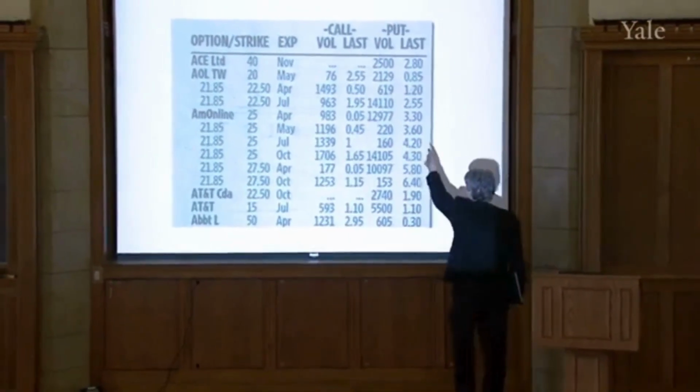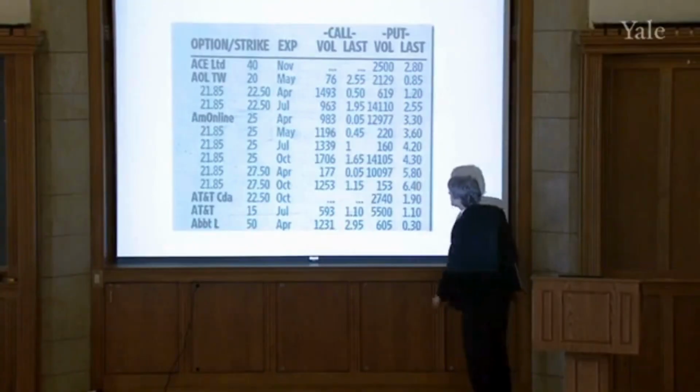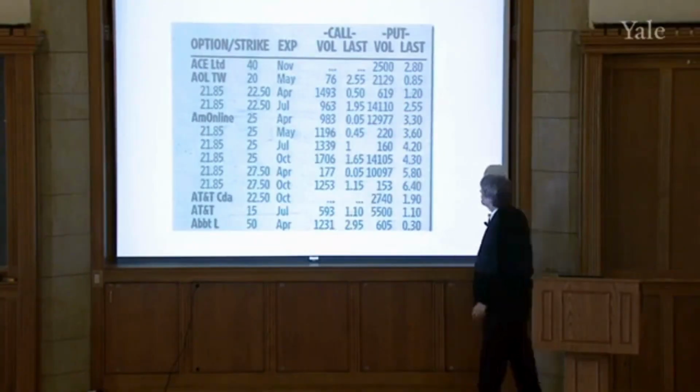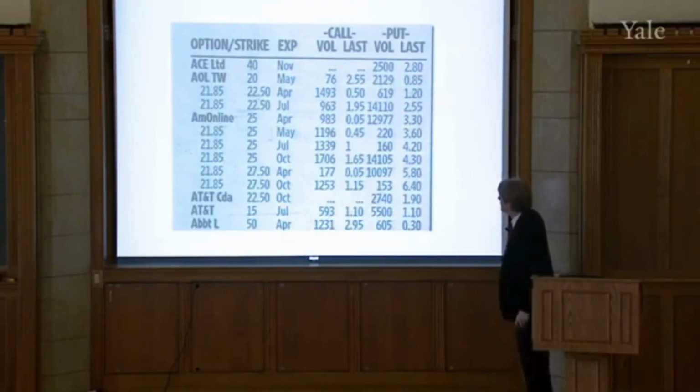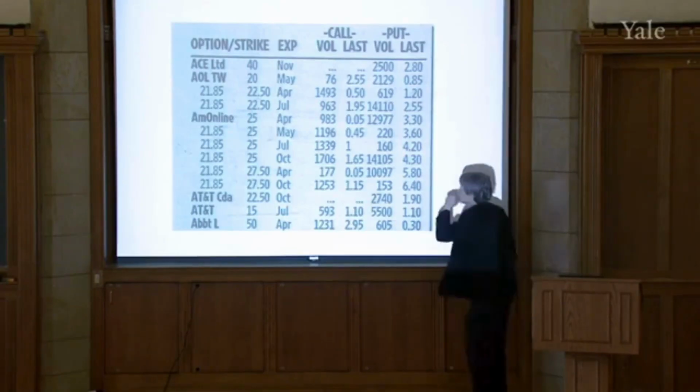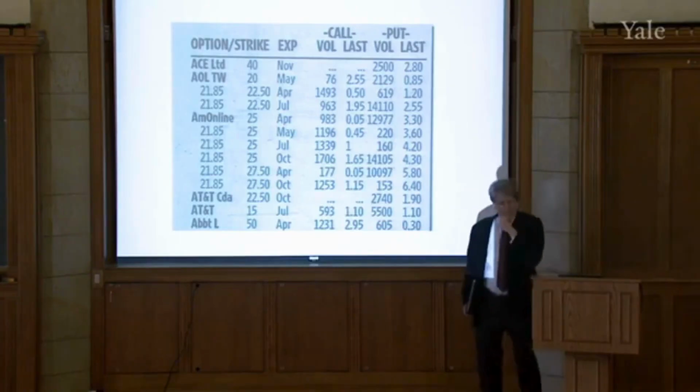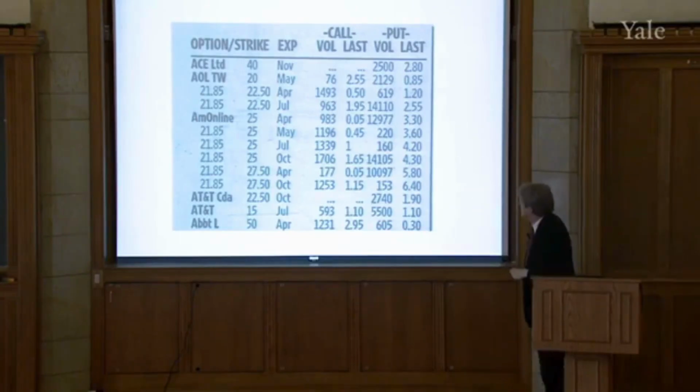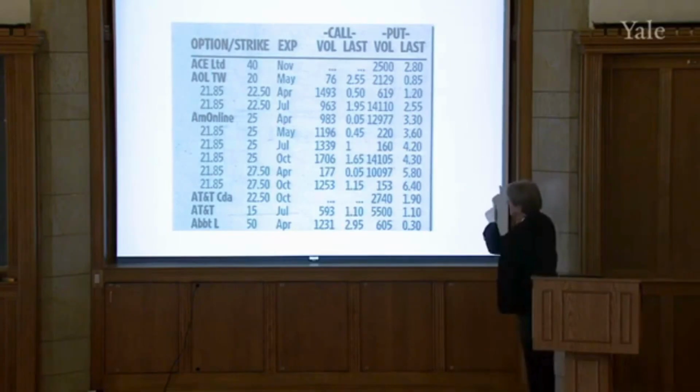And then there's put options traded. A lot more puts were traded on that day. There were 2,000 put options traded on that day in April 2002. And the last price of the put option was 85 cents. So you see, for 85 cents, you could buy the right to sell a share of AOL Time